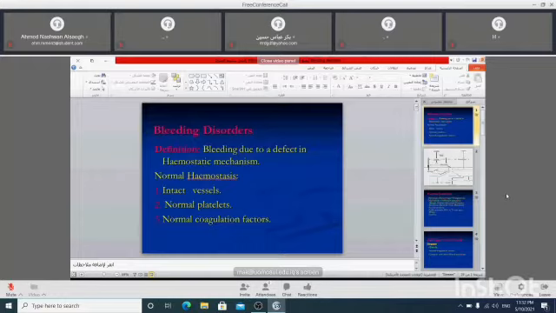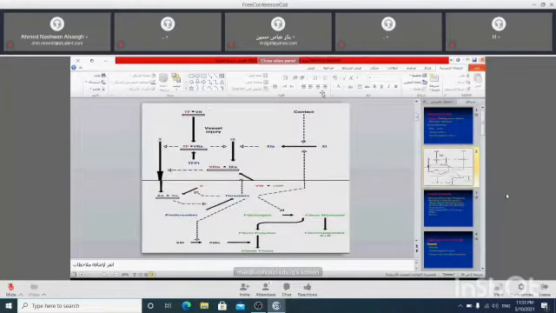لازم يكون عندي intact and normal blood vessels. لازم يكون عندي normal platelet, normal count and normal function. يعني مرات يكون عندي platelet with a normal count but its function abnormal. And we should have normal coagulation factors. وأكيد أنت يمكن أخذتم بالفيزيولوجي process of hemostasis، الستيجز مالتها ما نفوت بيها in detail، بس حطيته فيجر حتى شوية تتذكرون عملية